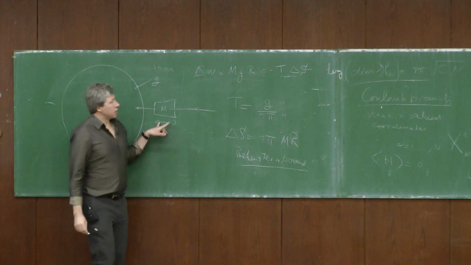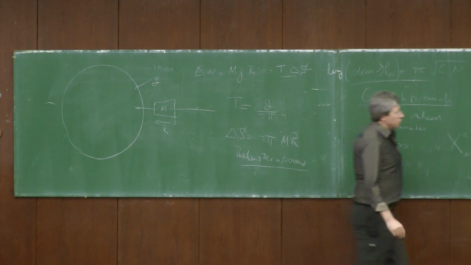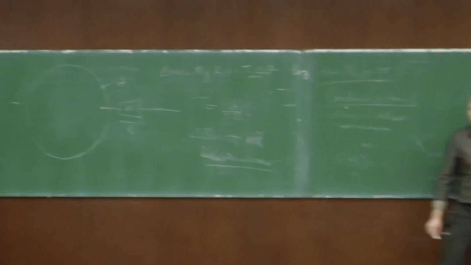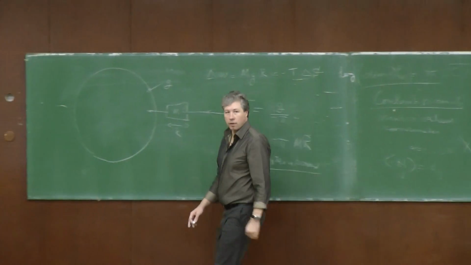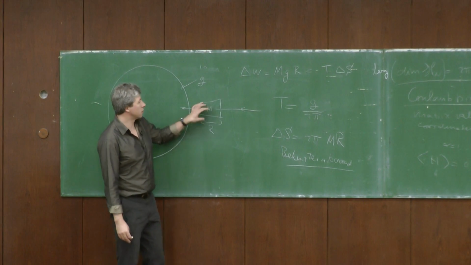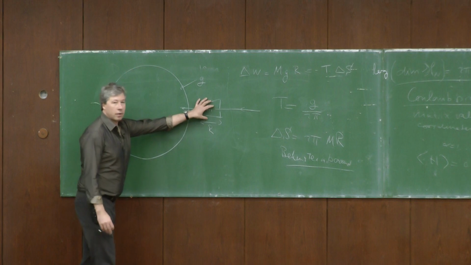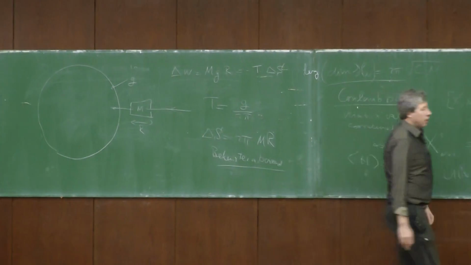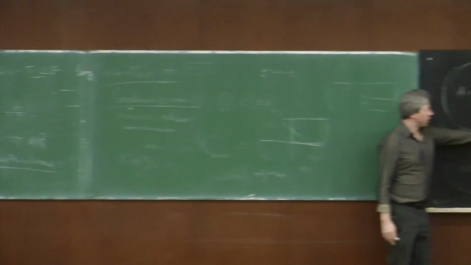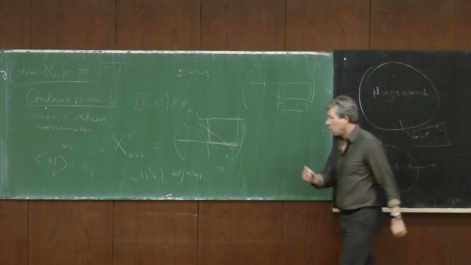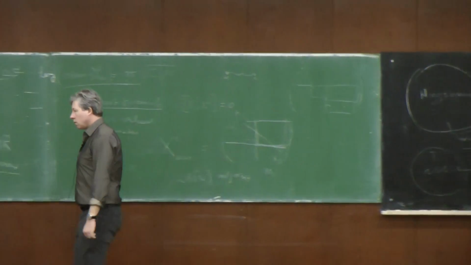So m times r is actually going to be, for me, the number of excitations that I can put into the box. So the fact that there's a maximum entropy already tells me there should not be an arbitrary number of possible excitations in here. So this thought experiment was just done using arguments of gravity, but we have some idea what the microscopics may look like, and for me it's a way of restricting this number n.